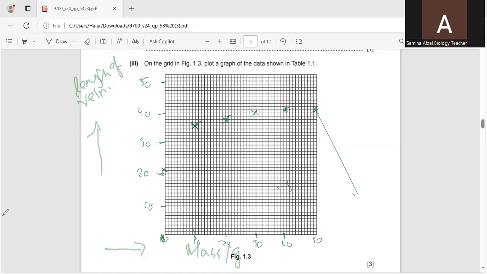So in this way, we will join them one by one. So from the first one and this way. So this is the curve for vein. Now the next question is to draw